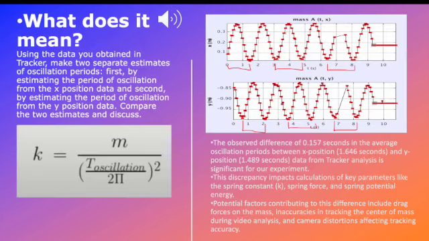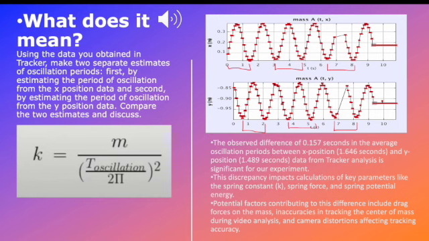Using the data you obtain in the tracker, make 2 separate estimates of oscillation periods. First, estimating the period of oscillation from the X position and the Y position. So we will take where each graph basically passes their own position. So let's say from 0 to about 1.2, from 3 to about 4.8. We can even make an estimate just off that, but we use the formula on the left, which is a spring constant equals the mass divided by the oscillation time over 2 pi to the power of 2, which is